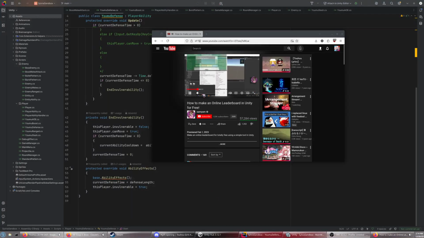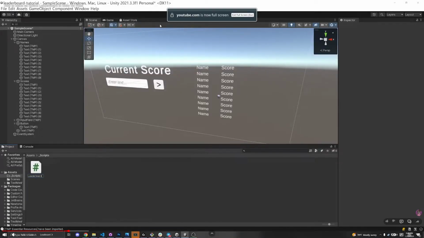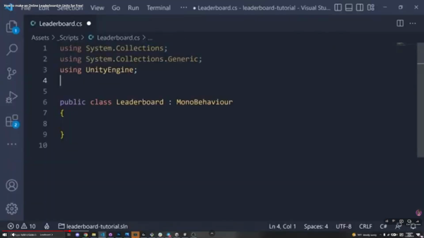That's done, let's create a new script. Right click, create C# script, and call it Leaderboard. Going to erase that. We need a reference to our text, so we can put using